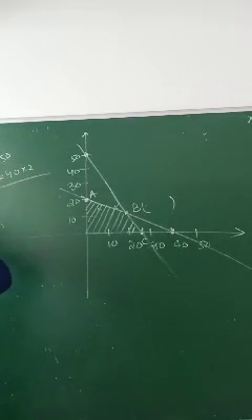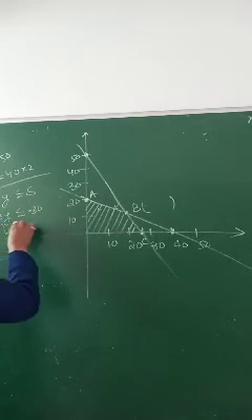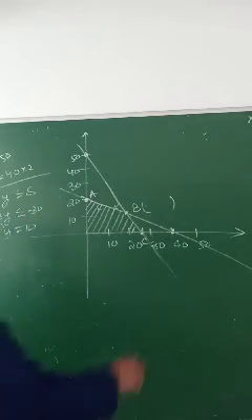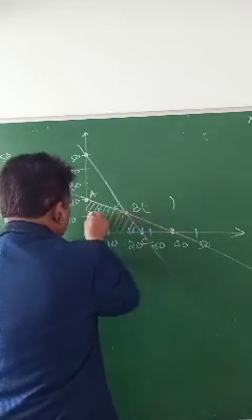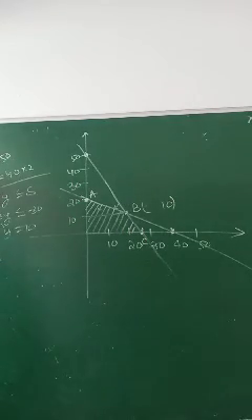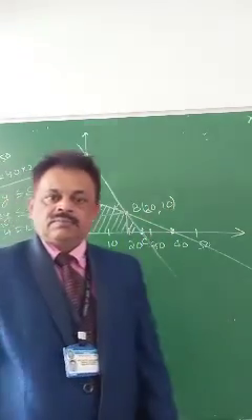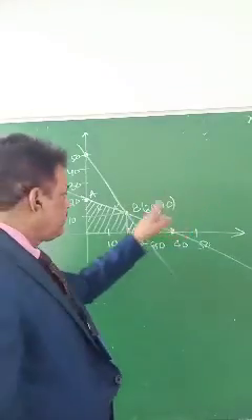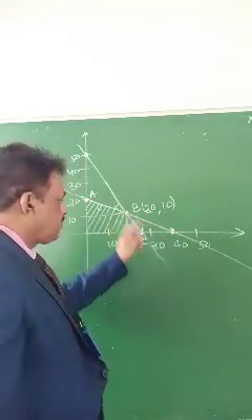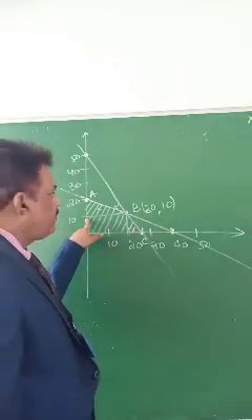If you solve, you can also find out 2x + 4y less than 80. If you subtract, minus 3y less than minus 30, so y is 10. Y is 10 means this value will be 10. You have to find out from the graph. Then if y is 10, x will be 20. Either you solve both the equations and find this point, or directly find it from the graph. This point, drop a perpendicular, find the value of x, drop a perpendicular, find the value of y.